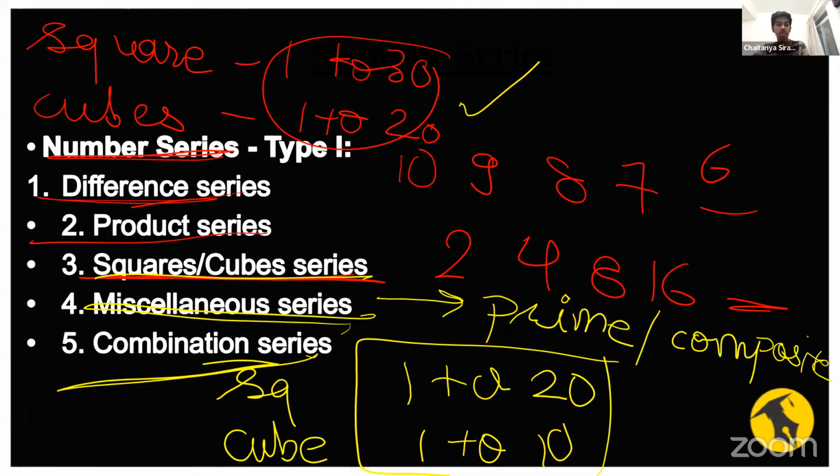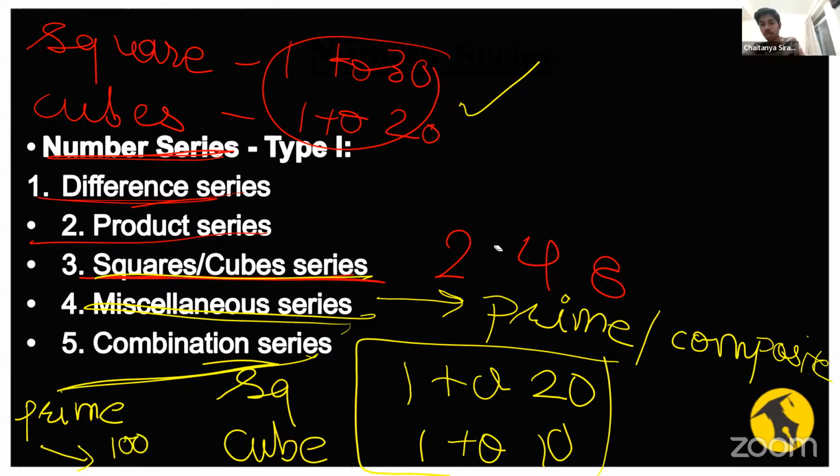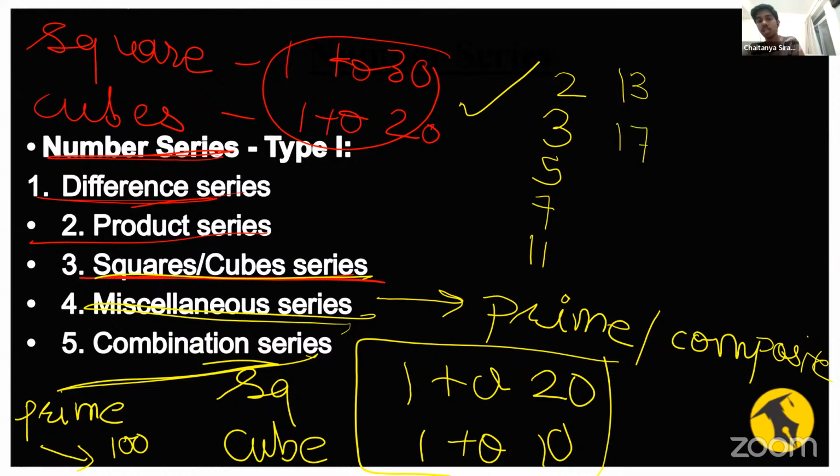So for prime numbers, you should also know the first 25 prime numbers up to 100. If you want, I can quickly write it down for you guys, just to take a glimpse. You can treat it as pre-read material for your series. So the first prime numbers are 2, 3, 5, 7, 11, 13, 17, 19,